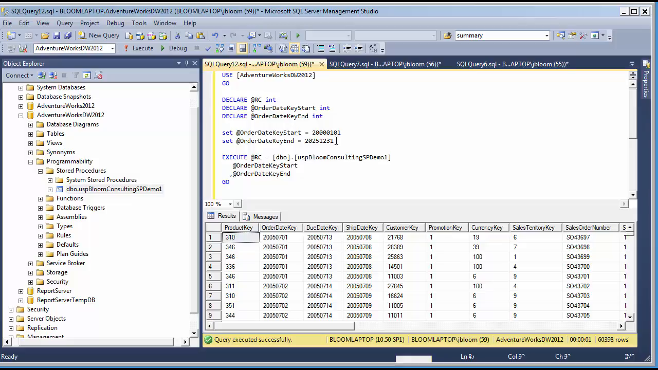So if we backtrack, what we did is we had a table. We wrapped the table with a view and limited the fields in the view to what the user could see. And then we wrapped the view in a stored procedure. We added some parameters. We added the local parameters to prevent what's known as SQL injection. And then from there, we executed the stored procedure, supplying the begin date and end date of the order date,